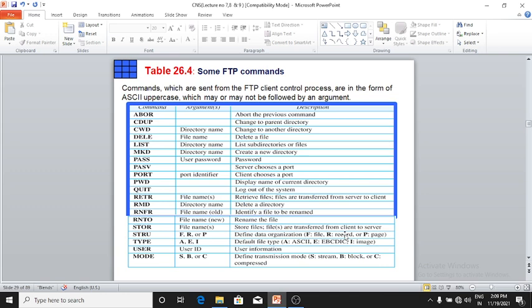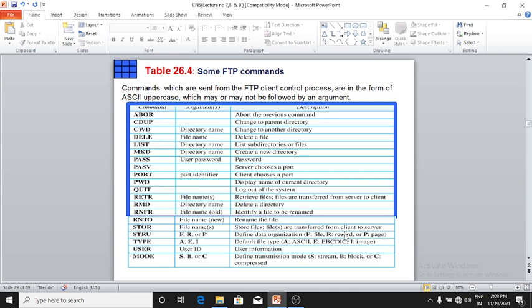Clear? First command is ABORT, which aborts the previous command. CDUP changes to the parent directory.